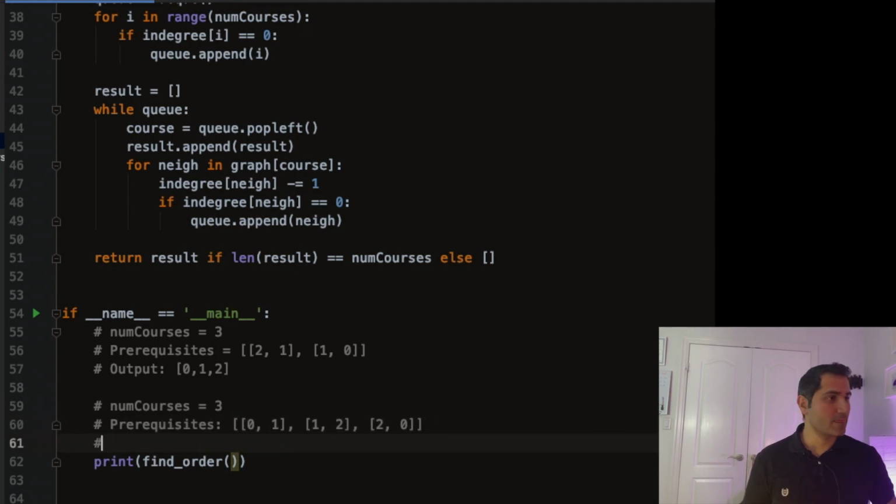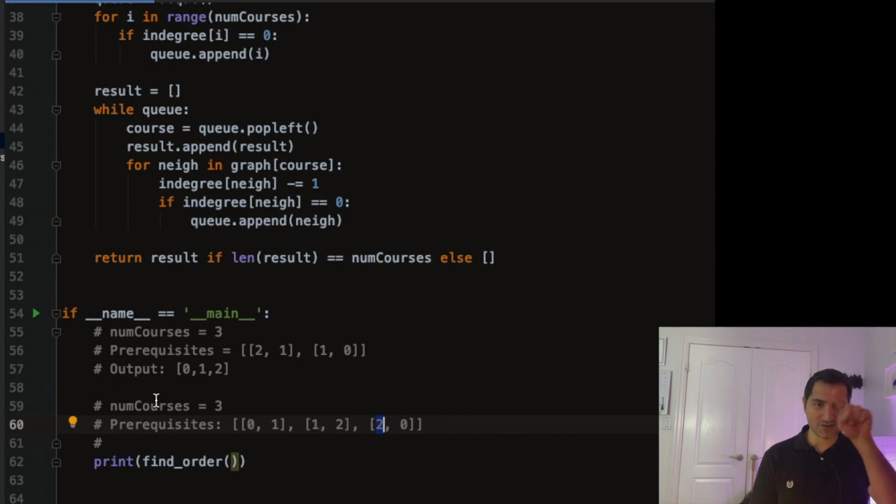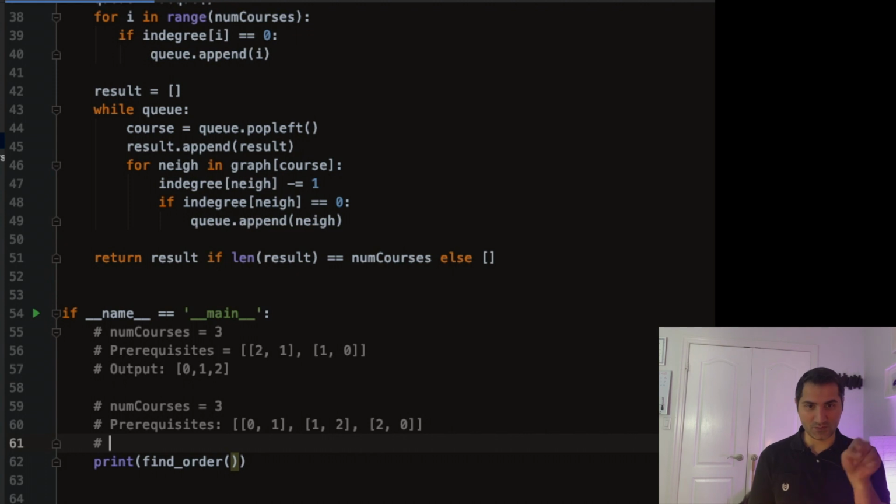In this case, course 0 depends on 1, course 1 depends on 2, and course 2 depends on 0. And as you can see, there's a loop, right? So I cannot actually pass these courses because there's a loop between the courses. So the output should be